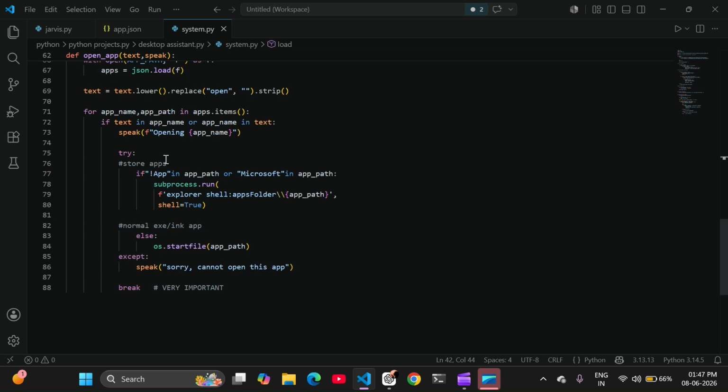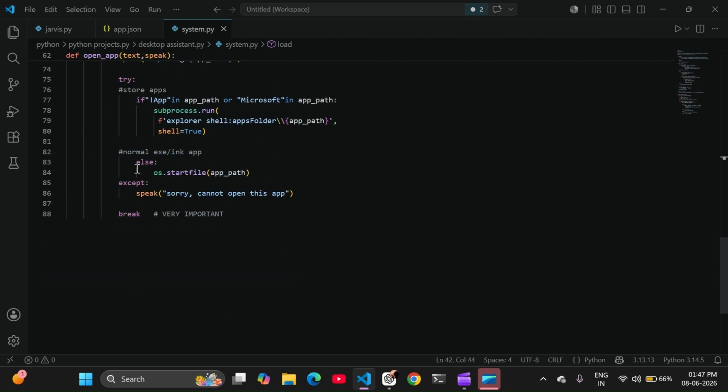See, if the app path contains this extension, or if Microsoft is contained in the app path, if any of the conditions is true, then it will run and open the Microsoft app. If not, it will be an exe or lnk app, so it will run this os.startfile. We are not using os.system here because this is the way, because we are using the command terminal. Okay, except, sorry, and remember this is very, very, very important: break.